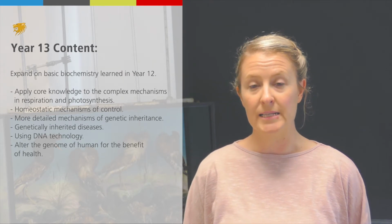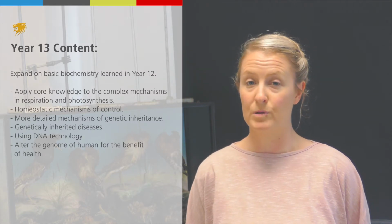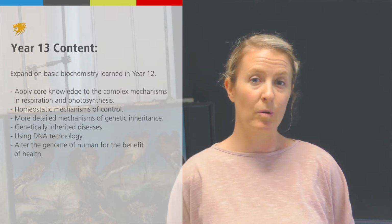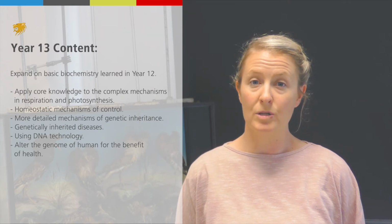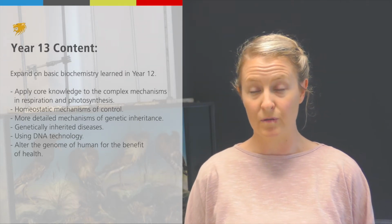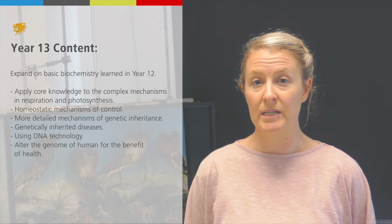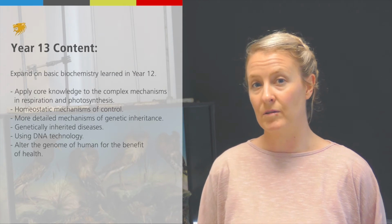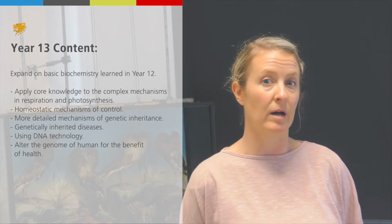In Year 13, we take what we've learned at Year 12, so all that basic core biochemistry, and then we apply it to the really complex mechanisms that are involved in respiration and photosynthesis. So really a step up from what you've learned at GCSE. You'll also learn about homeostatic mechanisms of control in the human body, and then you'll go on to more detailed mechanisms of genetic inheritance, including different inherited diseases, which again I think is the most interesting part of biology,